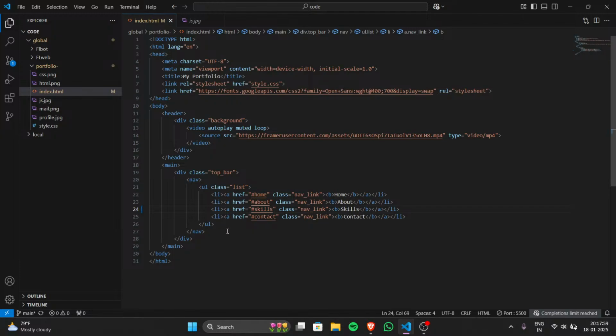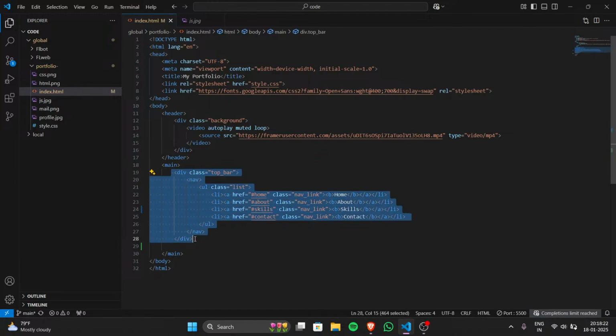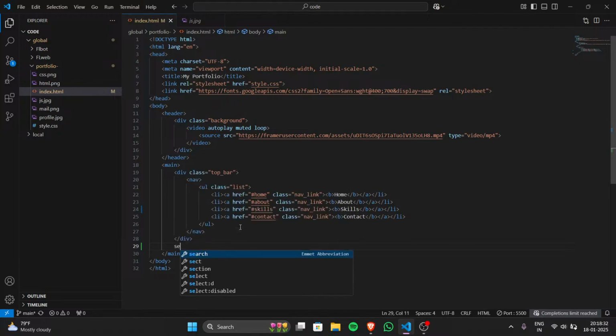Okay, so let's start with the next part of this process. One second. Okay, my audio is coming. So let's just start with the next part, and let me just add the section. For the next part which we are going to build, I am going to give it the home section. So I am going to give section